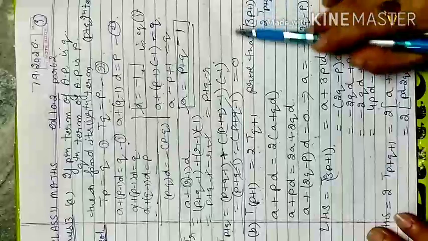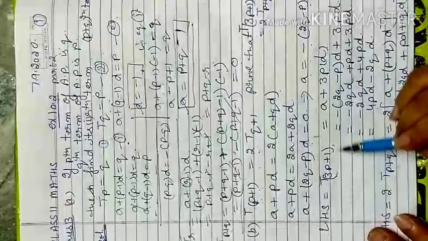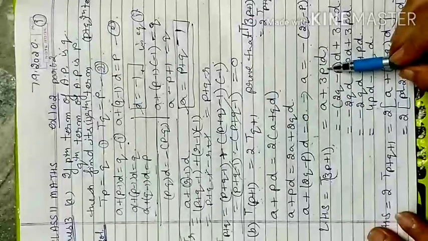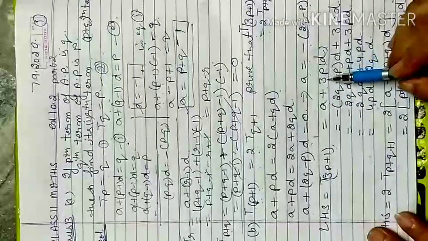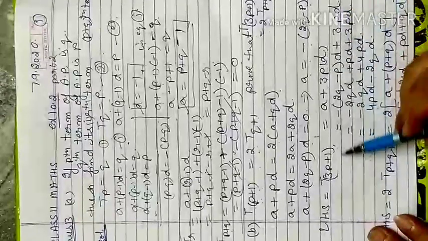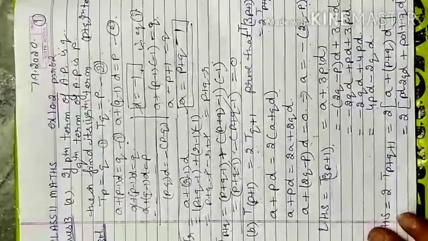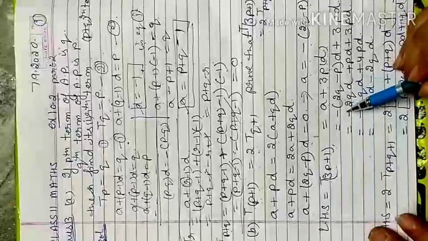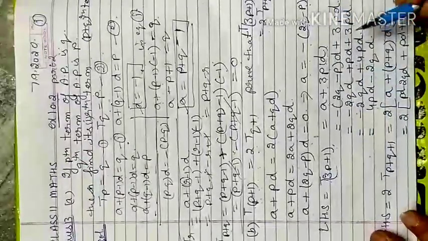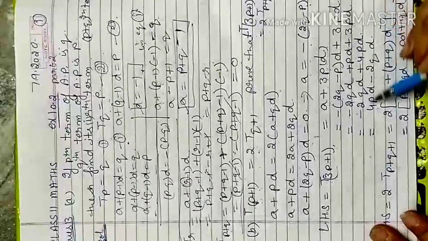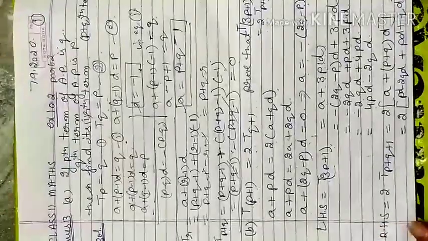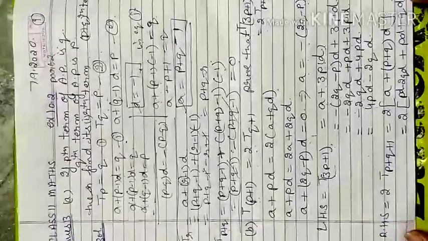First, you pick the left hand side. The (3P+1)th term is equal to A plus, when you write 3P minus 1 here, only 1 is cancelled, only 3PD is there, because previously this value is 3P. So here in place of A, I replace the value minus 2Q minus P. When I open the bracket, PD will be added. So minus 2QD plus 4PD is the required answer of the left hand side.